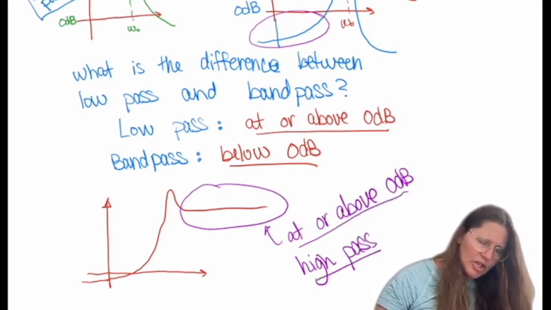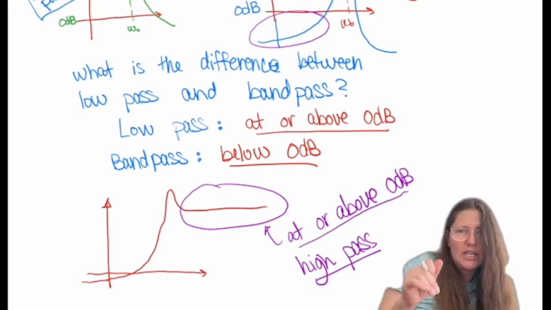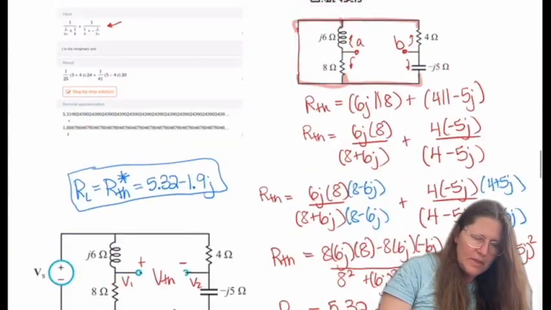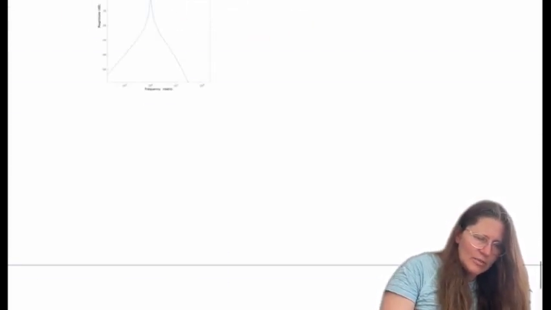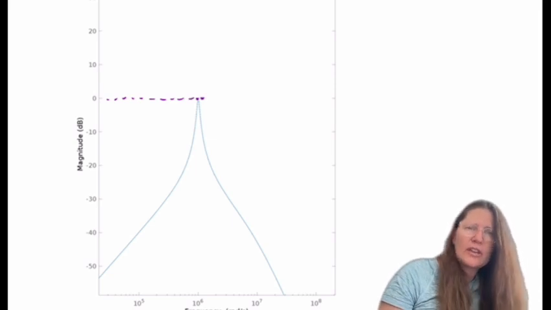So again, we're going to look at where, before and after the peak, it is above or below the 0 dB. So looking at this one, we can see that it just barely gets to 0 dB here. And so this would be,